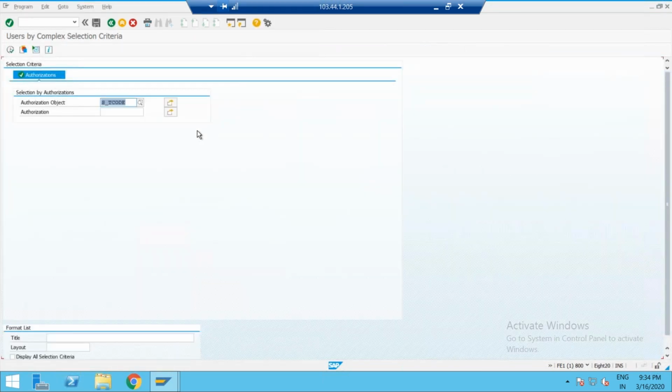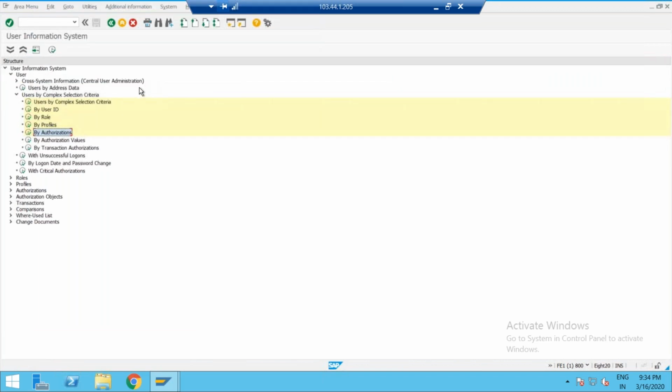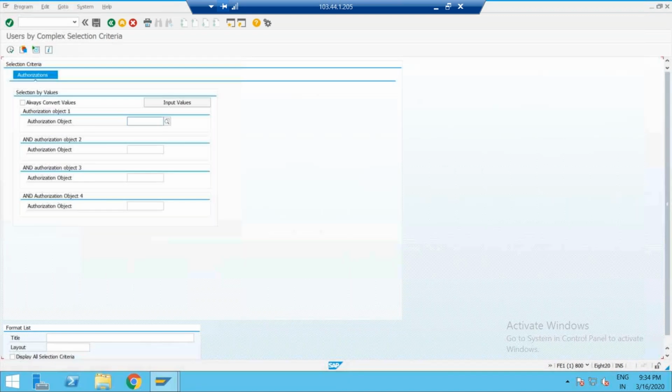Even you can check whether your user ID is available or not later. Next one, by authorization values. Now I want to know that authorization object with a value.